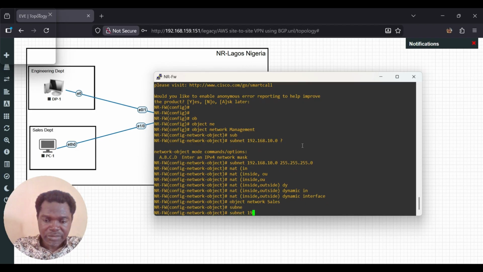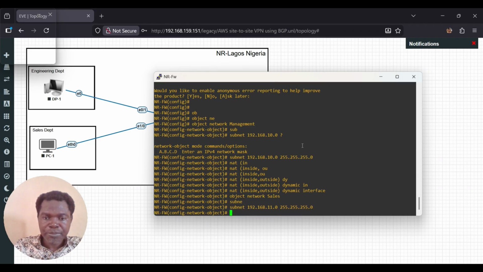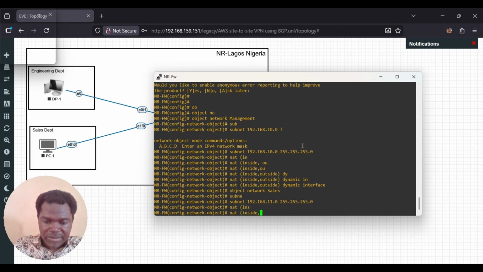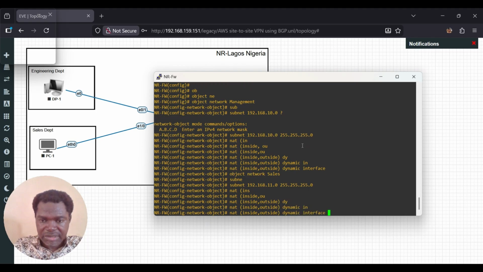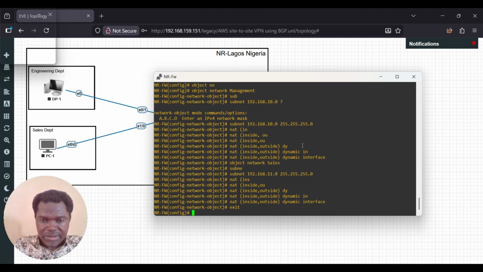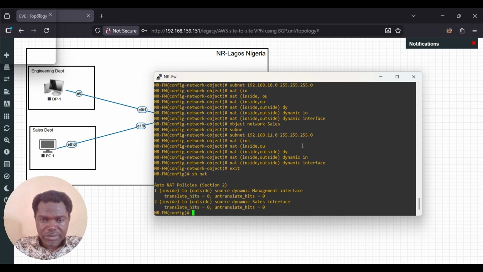Subnet 192.168.11.0/24, 255.255.255.0. The NAT bracket inside, outside, close the bracket, dynamic interface. Okay, show NAT, good.